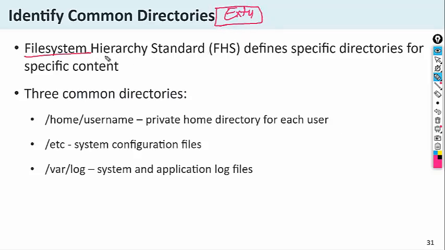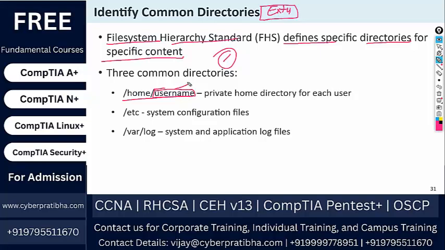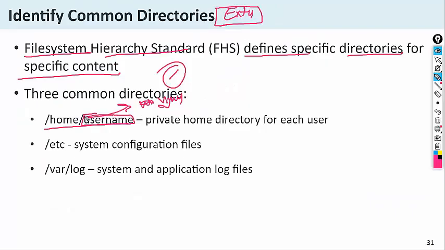The file system and its hierarchy standards define specific directories for specific content. In Linux there is a slash, where all the files are stored. One folder is /home/username, any username. My name is Vijay, so it will be displayed here as /home/Vijay. Whatever user you have, it will have a home directory.